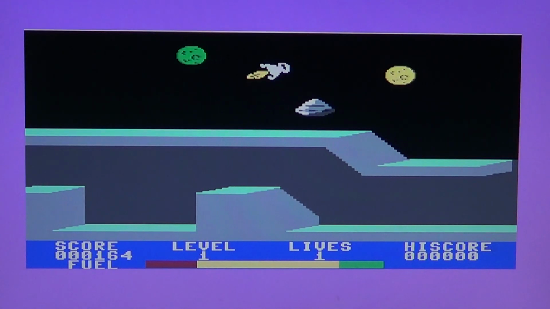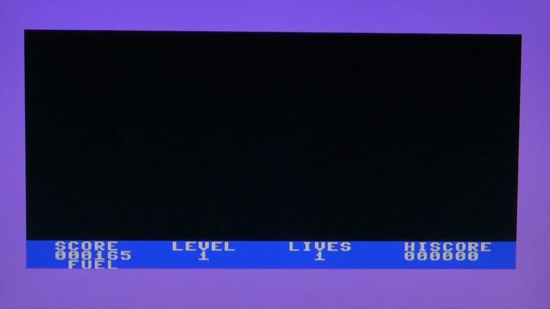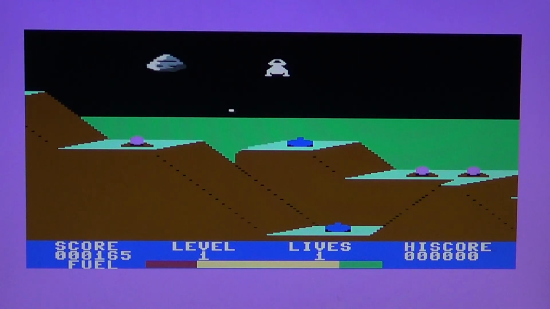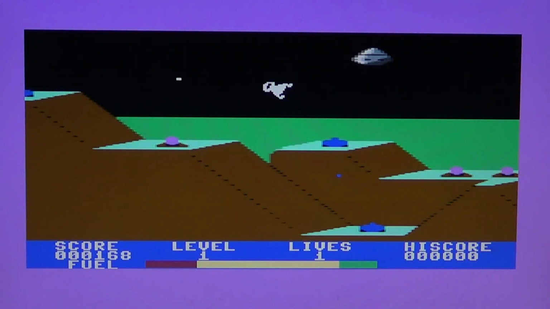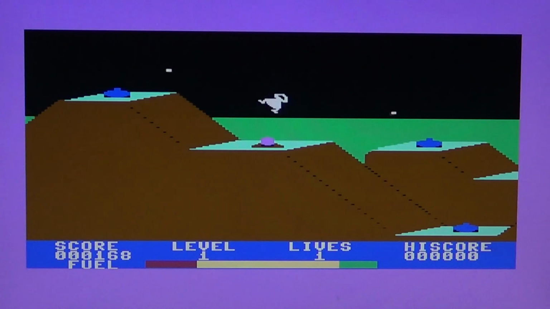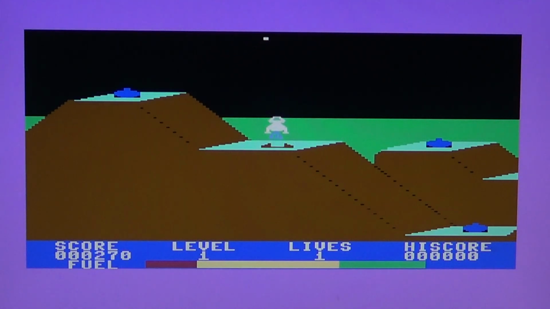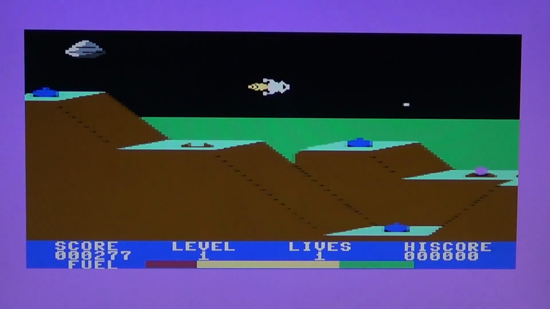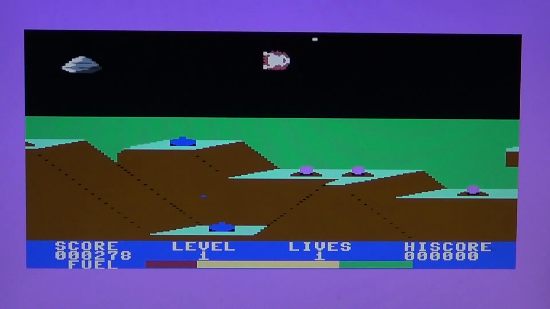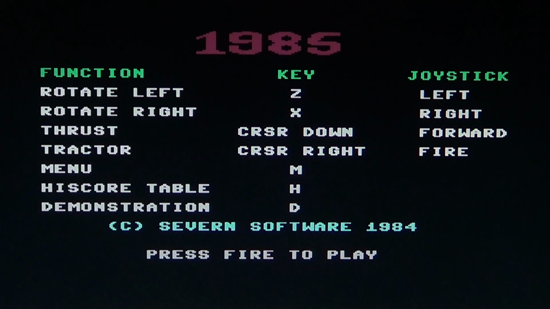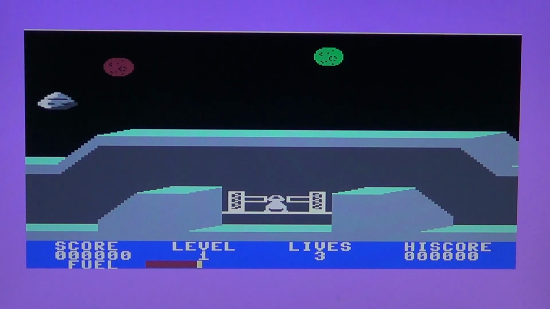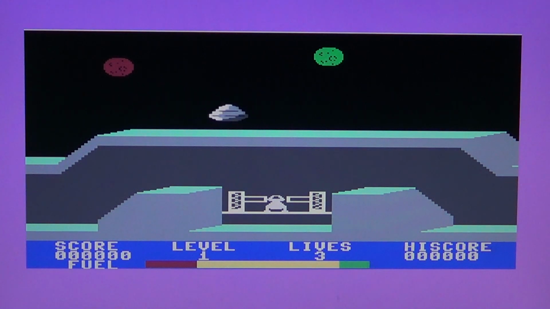There's no obvious hint at what you have to do, except staying alive as long as possible and getting fuel. So you go around with this rather bad game, I must say.